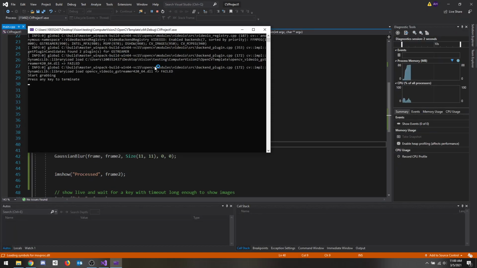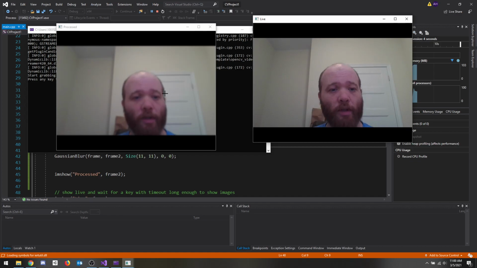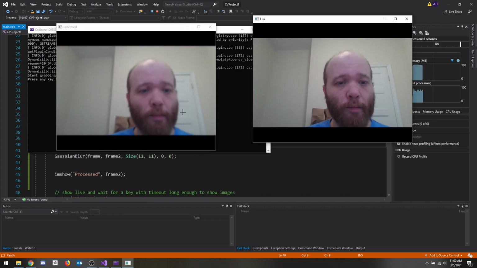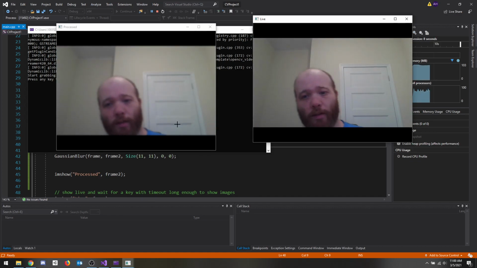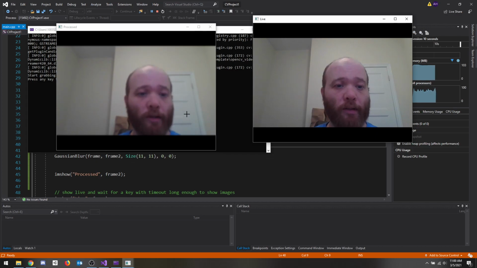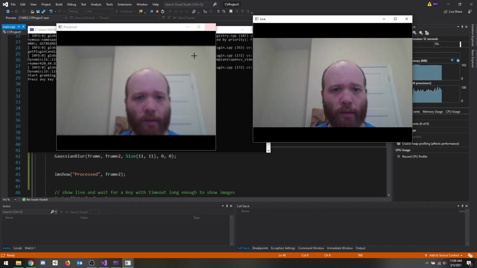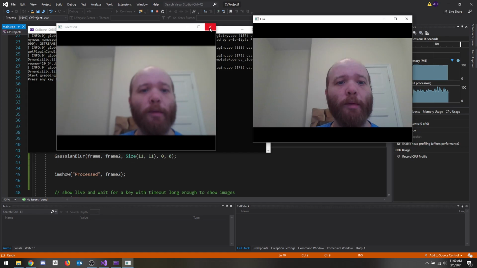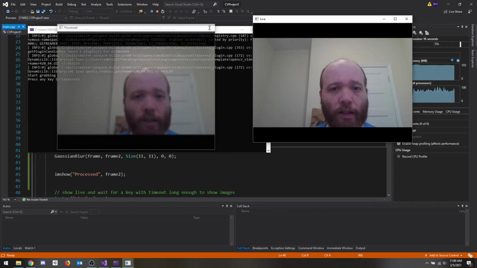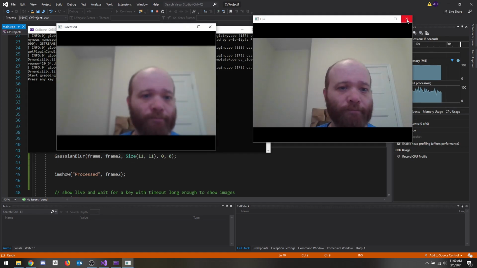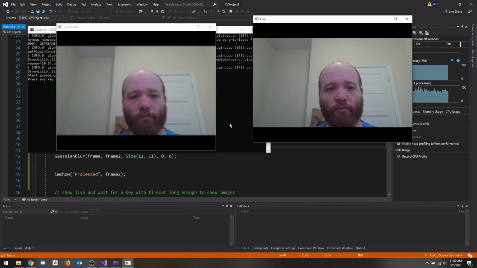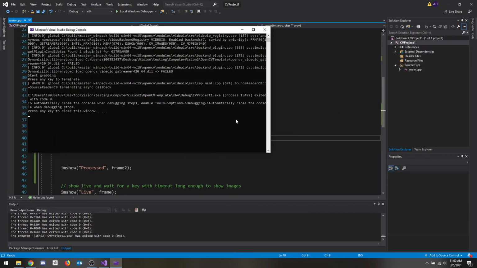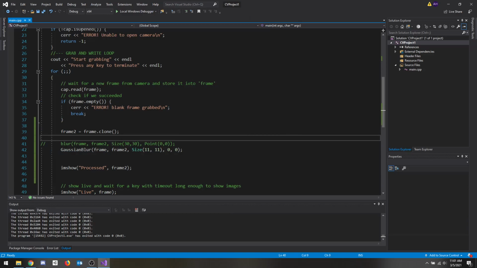Okay, here we go. So here you see it's a nice Gaussian blur. You can see the frame rate drop a little bit. One is because we're in debug mode, and two, Gaussian blur, especially a large Gaussian blur, is a little bit more time consuming CPU wise, but it's not too bad. Cool. All right, so that's the very basics of image processing, of how we call functions within